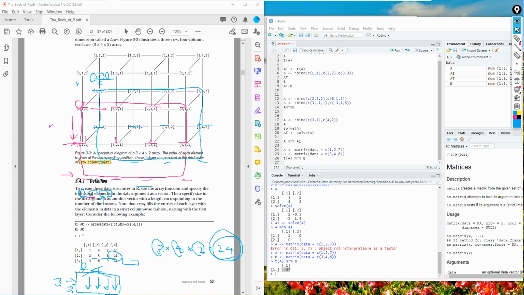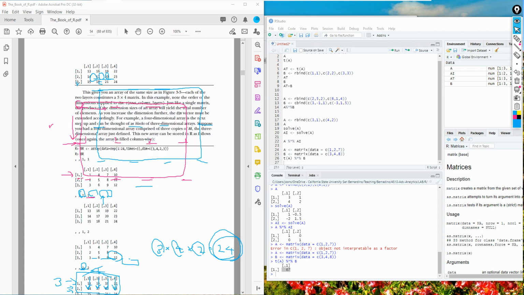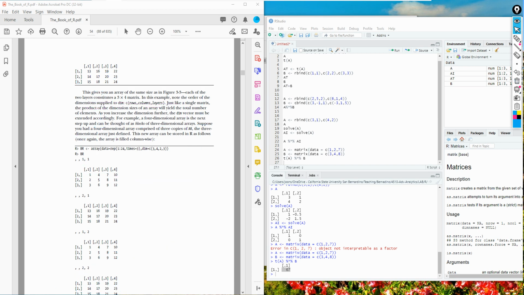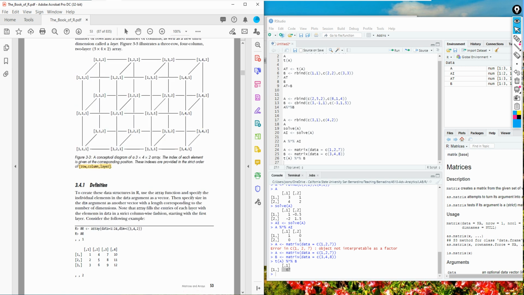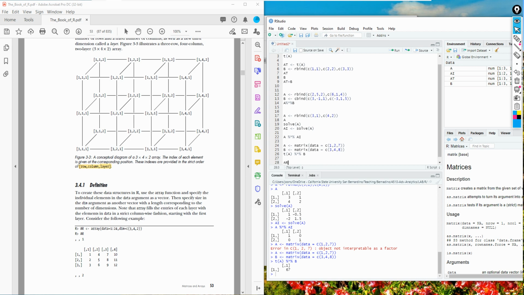And then if you look at the next layer, which is layer number 2 of the 3 times 4 times 2, this is basically the second layer. So let's just try this. Let's say AR, and we're going to use the array function.